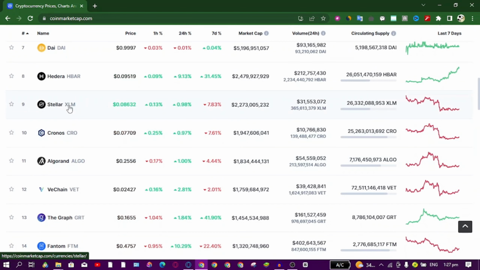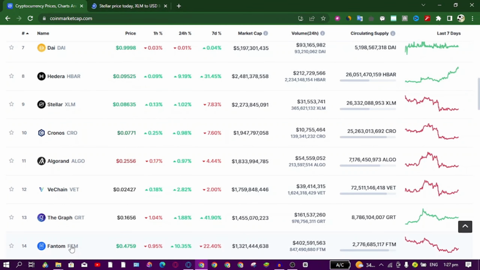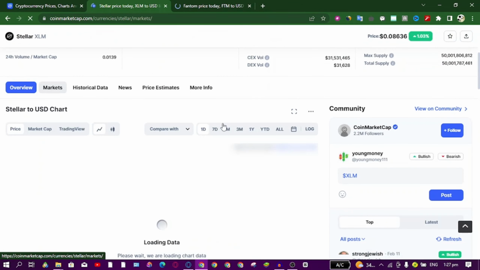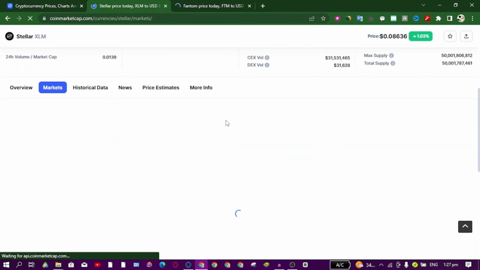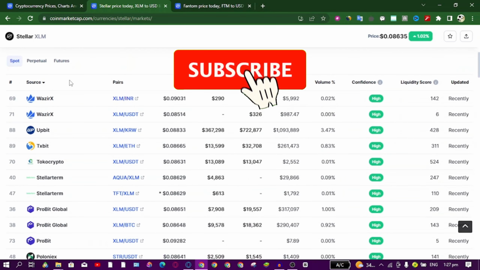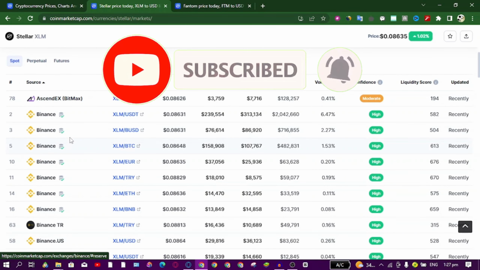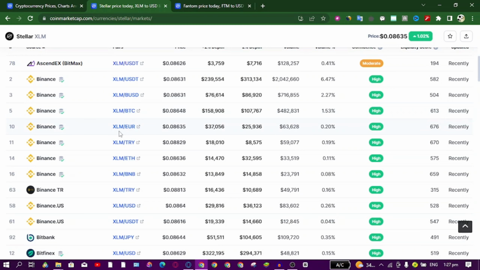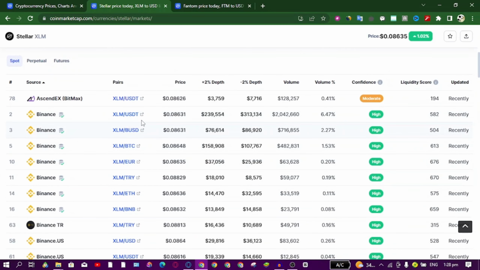We'll be using Stellar, which is XLM. We'll open it in a new tab. We can also choose Phantom. We can open it in a new tab too. Okay. So now you click on market. And you select source to sort the exchanges. Now you can see XLM USDT, XLM BUSD, XLM BTC, XLM Euro, XLM TRY, XLM ETH. Now we'll sort the price